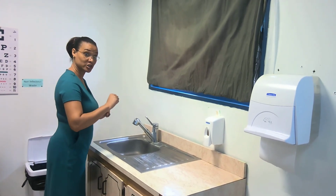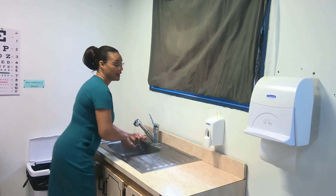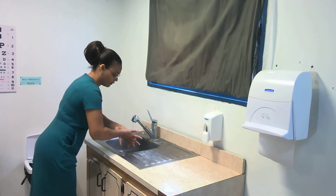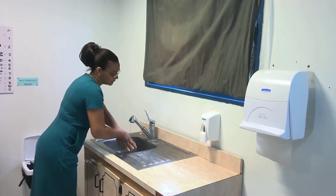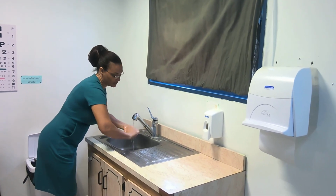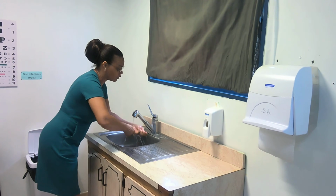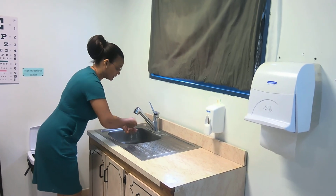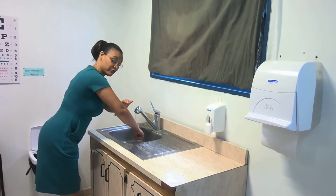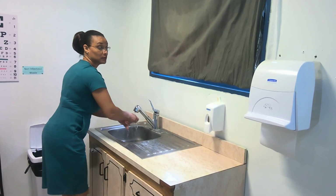So, now our hand washing technique. You turn your water on, dampen your hands, get your soap, make sure you form that lather, go in between those hands, wash from your wrist going down, and make sure you get your nails done. You keep your hands below your elbow because we're doing aseptic technique. If we were doing a surgical technique, we would be washing in this direction because we would scrub from our elbows going down. So you wash your hands and then you